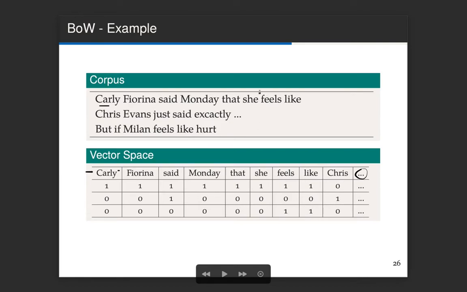Now that we have defined the header of the table, each sentence in this corpus can be represented in this table, only indicating whether the particular word appears in the sentence. Carly appears, so assign 1 here. Fiorina appears, so assign 1 here, and so on. You see here that Chris doesn't appear in the first sentence.